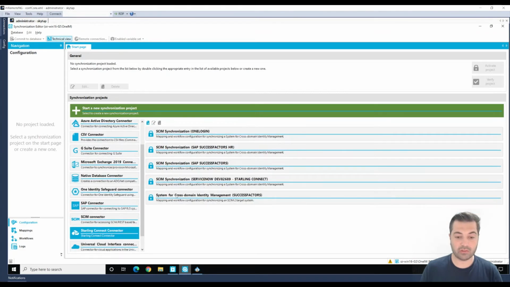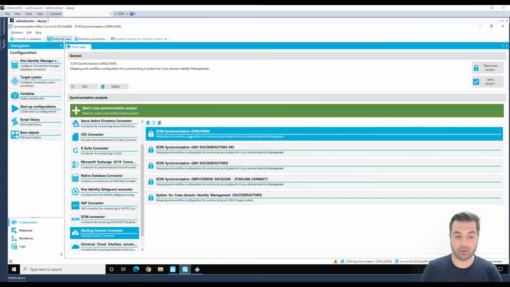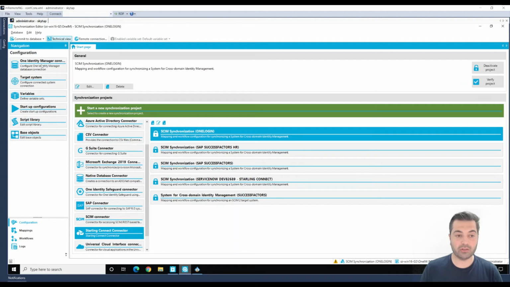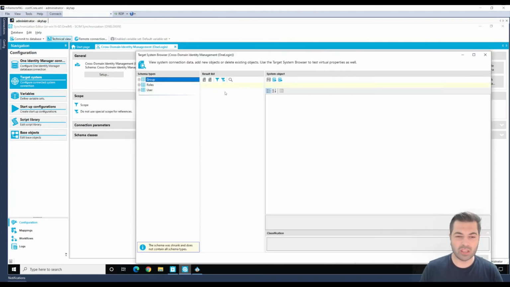Just filter that down to Starling Connect and our OneLogin connector. You can see some of the options that have now appeared on the side. So as part of the connector within Identity Manager, we have the Identity Manager connection, and we also have the target system connection. One of the features that come with the target system connection over here is to be able to browse the target system in what looks like an LDAP